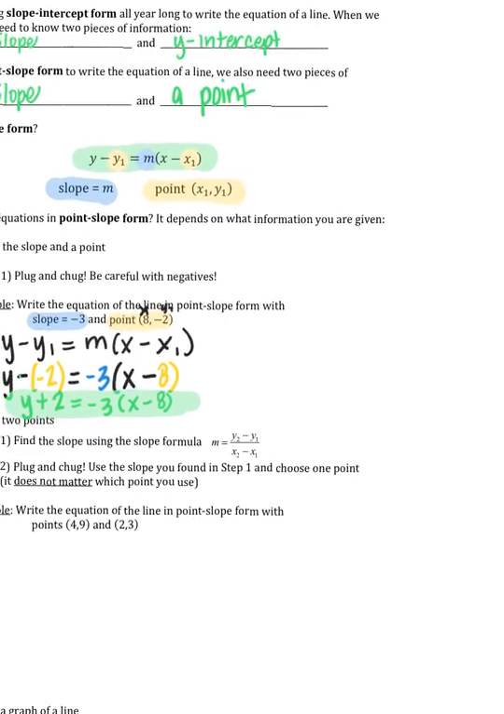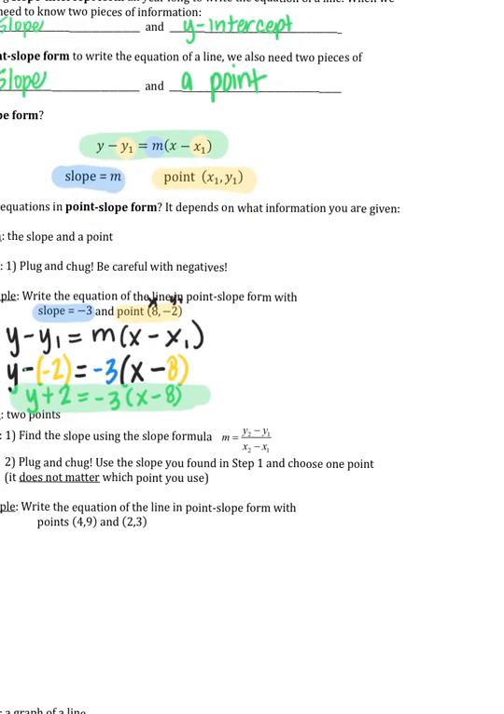Okay, let's do another one. I'm going to give you one here. Let's say our slope equals 2, and we have a point of (4, -3). All right, so again, I always rewrite the equation or the formula,